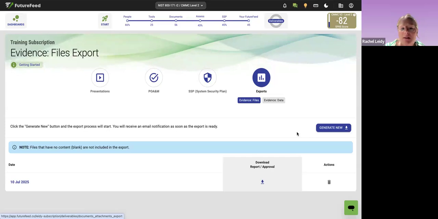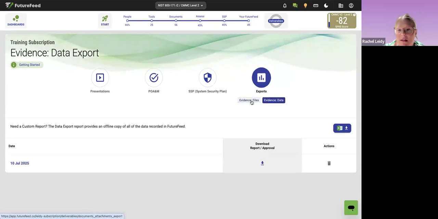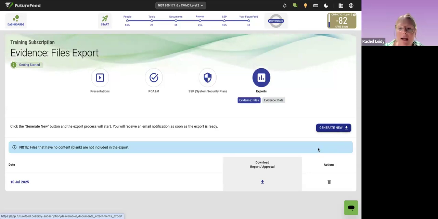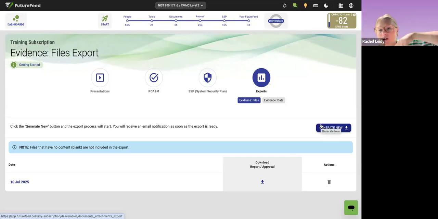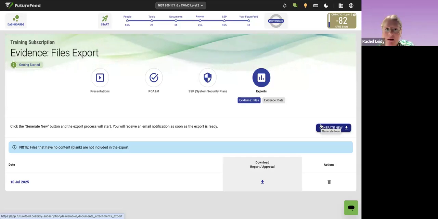They want to see that because they want to know if you're ready for an assessment. And so when you have to do that, you're going to use this export capability here. So you'll export all of the files and the data that's in FutureFeed. I would recommend, after some time of using FutureFeed, to generate this export so you can see what it looks like. What happens is it's a zip file. And all of those documents that you put into FutureFeed, everything you uploaded or even created in FutureFeed in that live document editor,